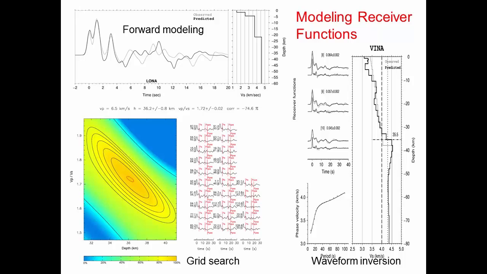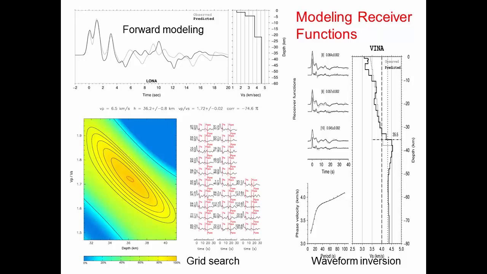So I don't think you could probably see that from the back, but with this process we try to match the arrival times of these different waves in this model space. And we can end up then defining what the moho depth is, shown here is H, 36 kilometers in this case,